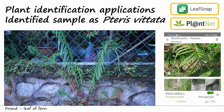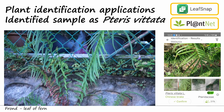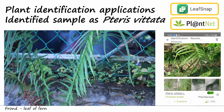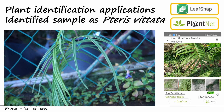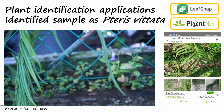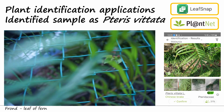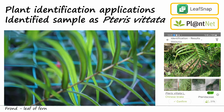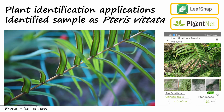Both phone apps, PlantNet and LeafSnap, identified the species shown here, with its clustered fronds, central axis or rachis having smaller side branches called pinnae, and the terminal pinnae longer than the lateral, as Pteris vittata from the family Pteridaceae. Identification as Pteridaceae is supported by marginal sori on the abaxial or underside of the frond and the lack of